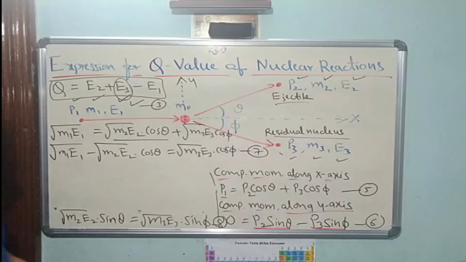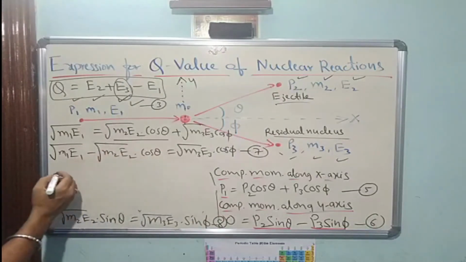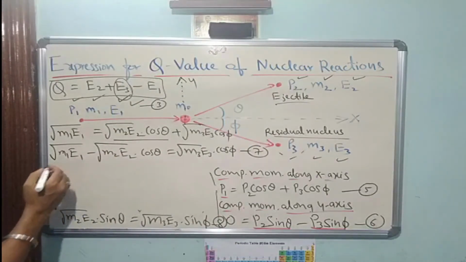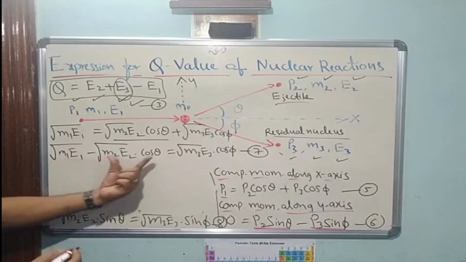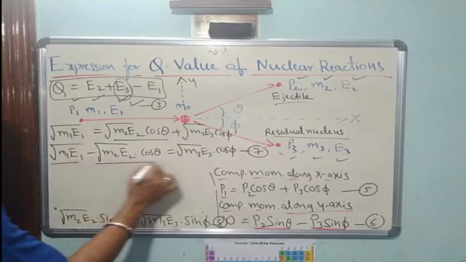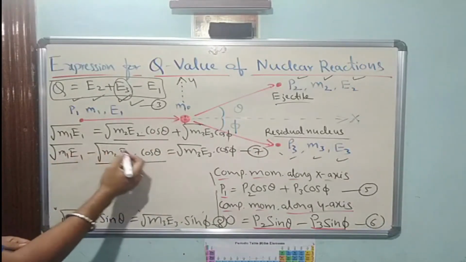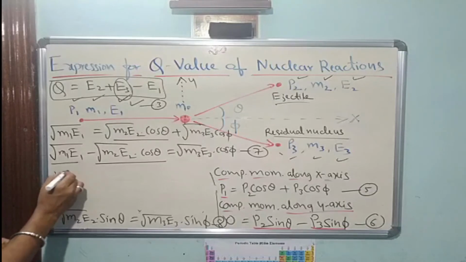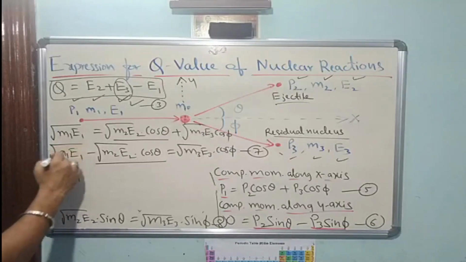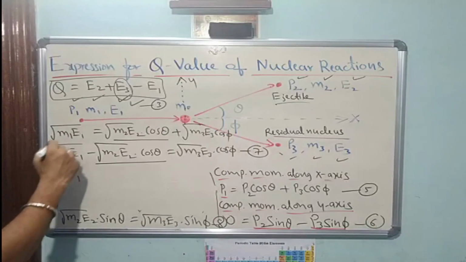Now to simplify further, first what you have to do, you have to eliminate this square root, isn't it? How to eliminate the square root? Just first square the equations 7 and 8 on both sides. Squaring the equation 7 you will get, so this is a minus b, you have to consider this term as a, this term is b. So squaring both sides, what you will get? A square plus b square, so that means m1 E1. So square root cancels here after making the squaring on both sides.